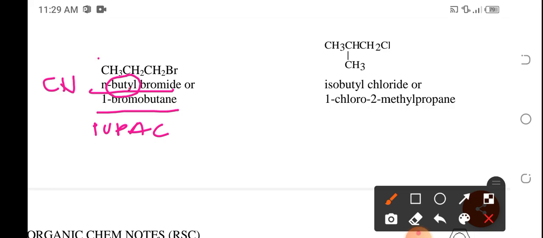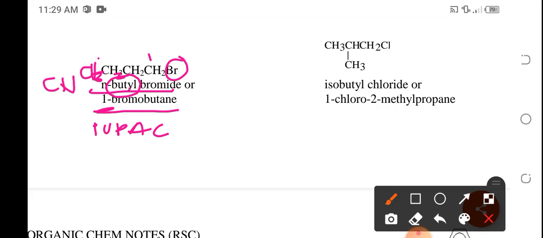Butyl should have 4 carbon atoms. So for this to be butyl, there should be 4 carbon atoms there. And then 1-bromobutane. We need a number here to denote the position of the bromine being attached to